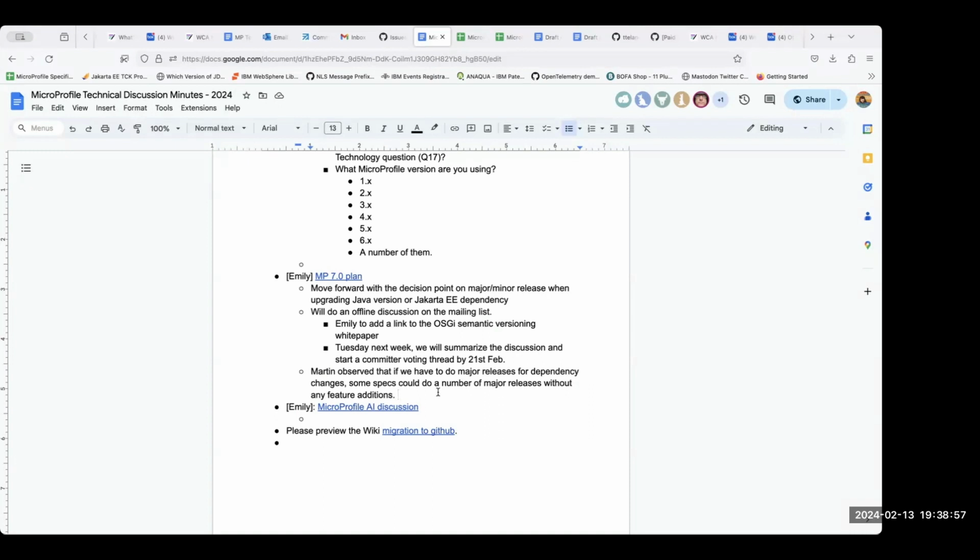Luckily we do have a gap, so that we delay the plan review by a couple of weeks. And then hopefully by March we know which specs we will do a release for. I understand some specs may say, I don't want to do a release because it's a major release.